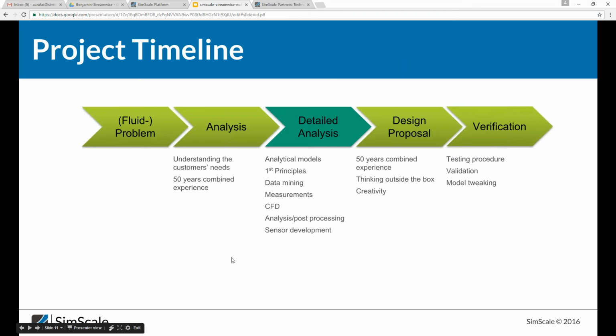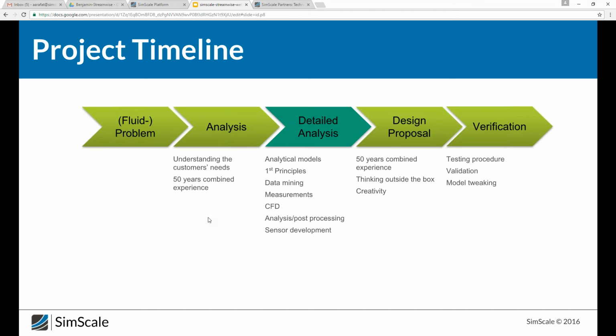Now, a typical project timeline looks like this, starting with a fluid problem. We go there and make a first analysis. That means we go there, we sit together with the customers, we do workshops, we dig in their old data, we dig in all available information and try to understand what's the matter, what's the issue, and then in the second step we propose a way how to attack the rest of the problem. That could be a very complex simulation campaign. It could also be a simpler way to attack it with, let's say, 1D modeling, also semi-empirical, analytical, or